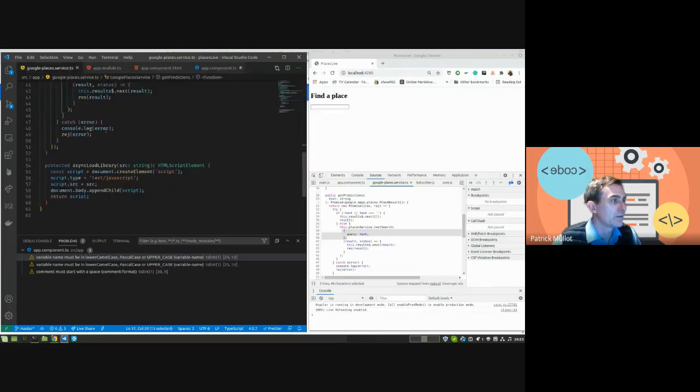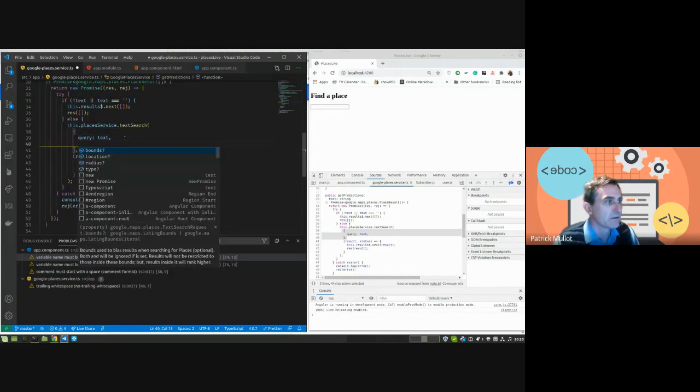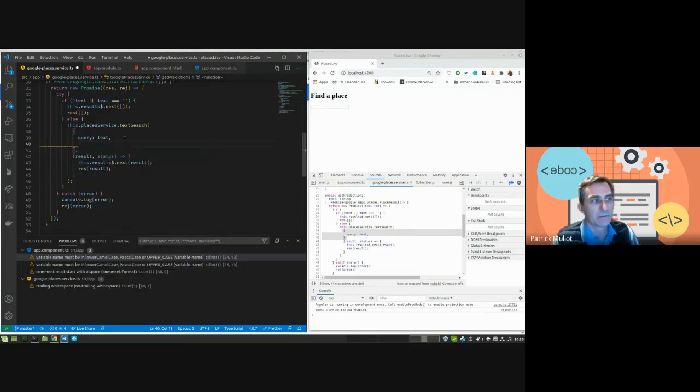And the query is still the same. I'm just querying for the text. And as you can see here, I have location, radius, type. That's it. I have fewer parameters actually. If I input restaurant,